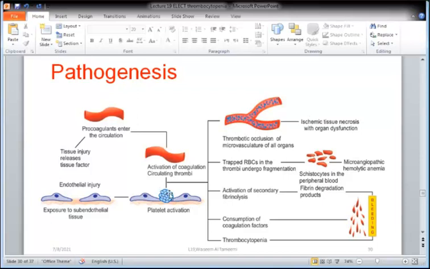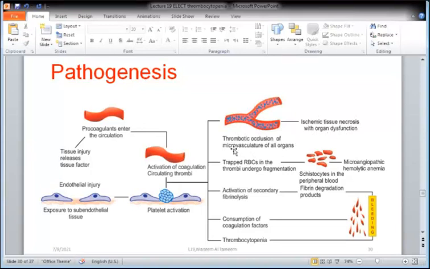At the same time, this intravascular thrombus will induce ischemia to the surrounding tissue. So the thrombotic complication of this intravascular thrombus will result in organ failure and ischemia of the tissues